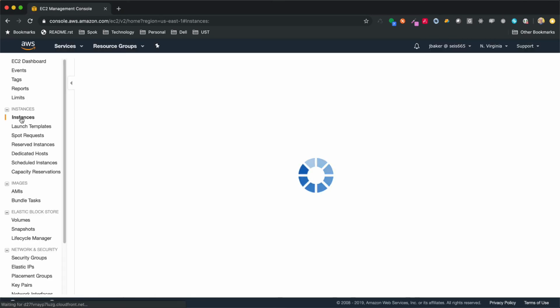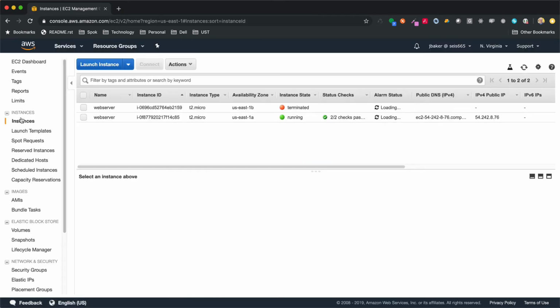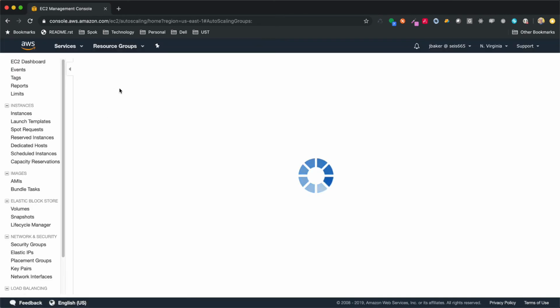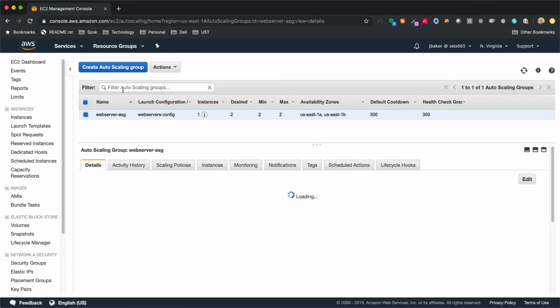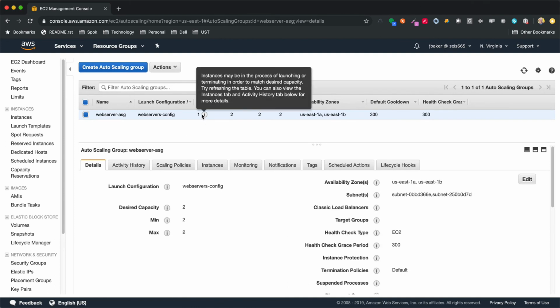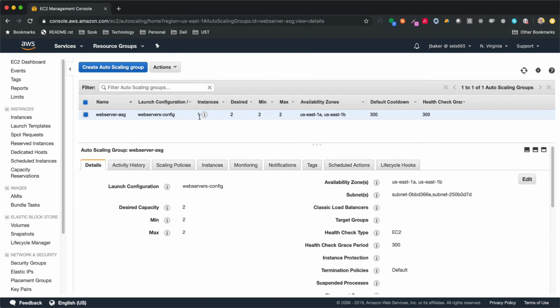If we go back to instances, you see that there's 1 instance that's terminated and the other instance is running. Okay. Now we went back to the Autoscaling group. Now you can see it says just 1 instance is running, and we desire 2. So if we go back to instances,